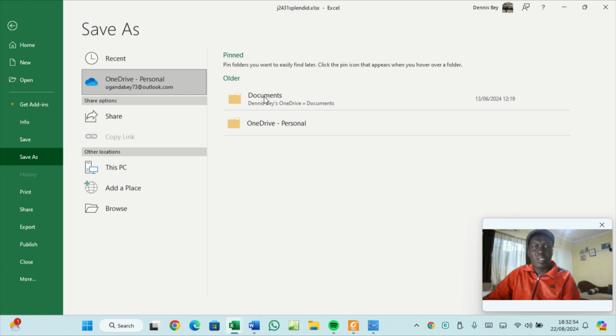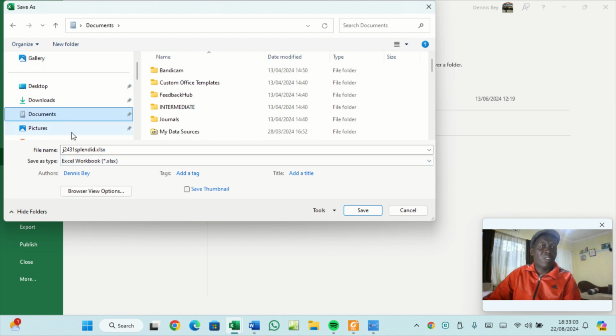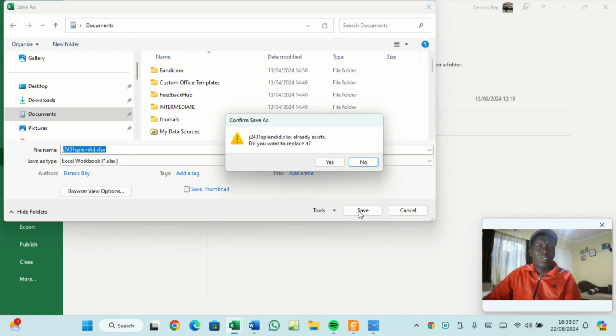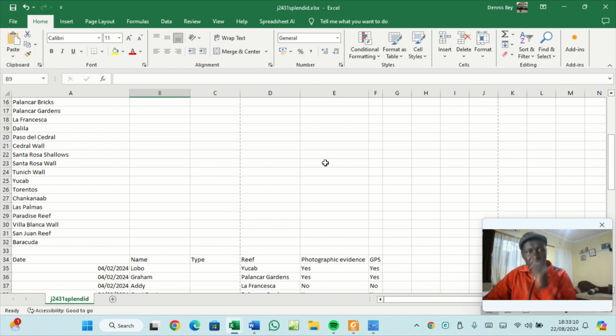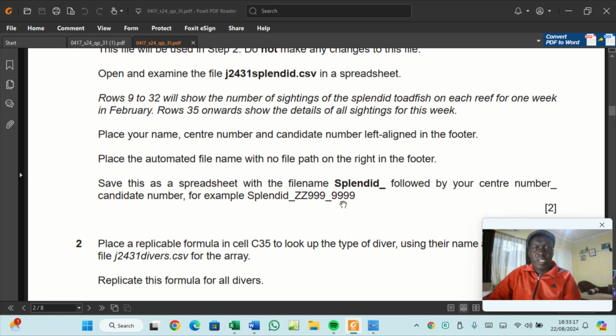And they have told us it should be Splendid. And then we save it as an Excel file. So let me save it in my documents as an Excel file. If I click save, it has been saved. So I'll click OK. So the XLS means I've saved it in the work environment I'm dealing with. So what else are they talking about? Okay, save the file followed by, hey, there's a mistake I've done. Most students normally do this kind of mistake. It should have been